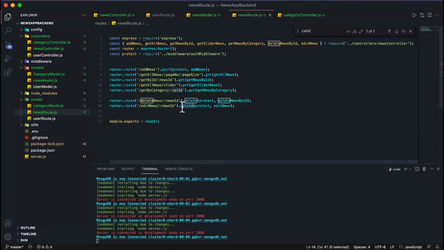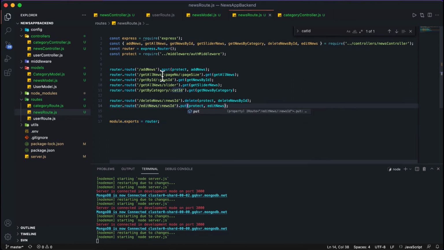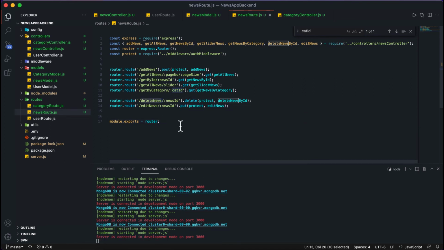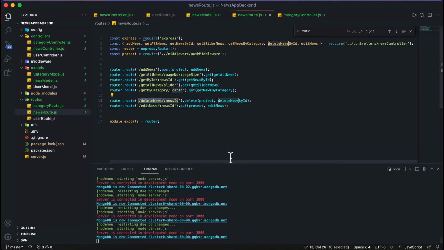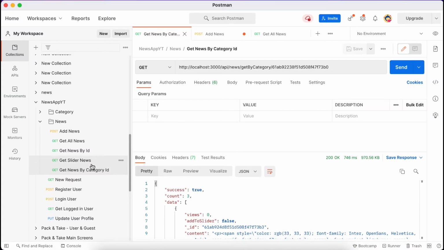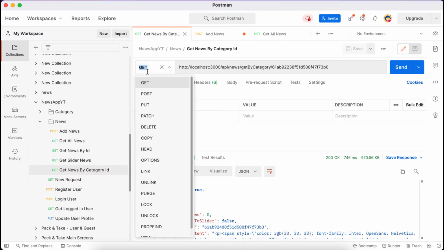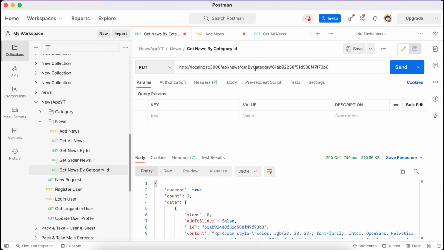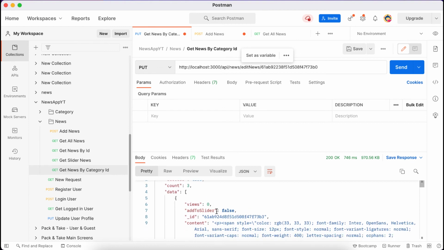So now let me change this to the put method because we are going to update. So now we'll first edit one news, then we'll delete that one. So in Postman, it will be on put type, then need to add it here. So the news ID is this one.